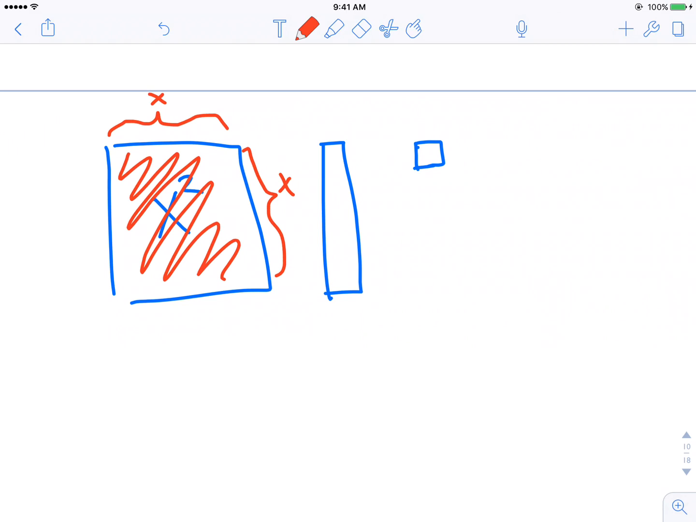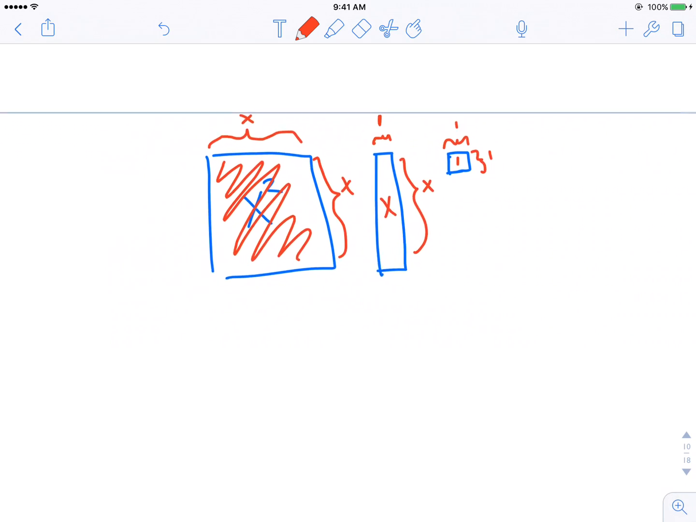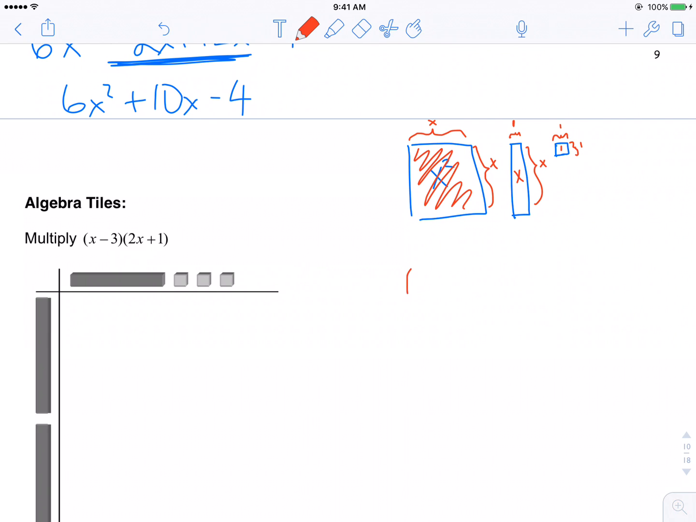Our rectangles, similarly, this dimension, as with the x squared, has a dimension of x. But this dimension here, the width of this, is just a 1. So it's just 1x. So these rectangles have an area of x. And then our tiny little squares have dimensions 1 by 1, giving us an area of 1. So it's those dimensions we have to keep in mind when we're using algebra tiles to show expansion